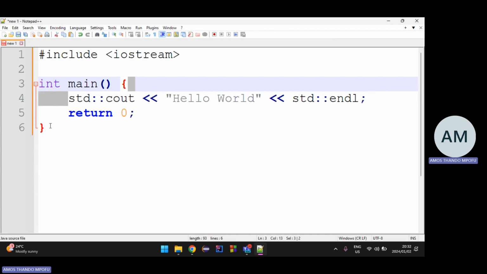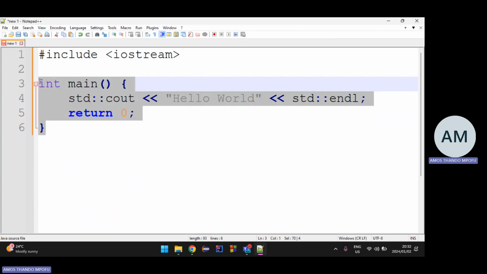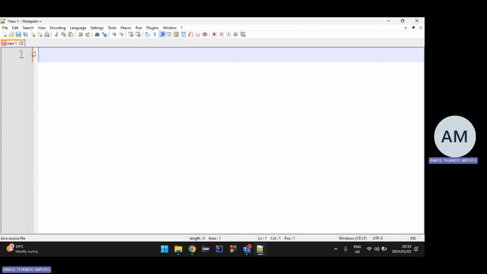But with Java, it does it in a slightly different way. Remember, it's object oriented by default. So the first rule is that the file that you're creating to write the statements in Java, first things first, you have to name it the exact same way as the name of the class.